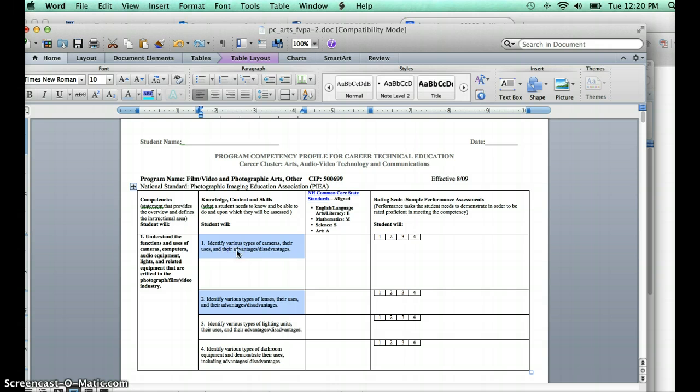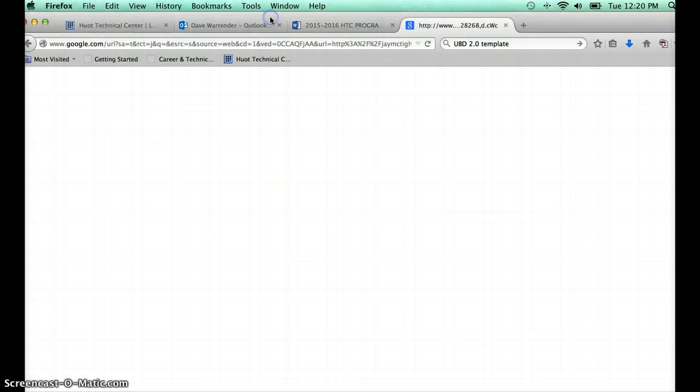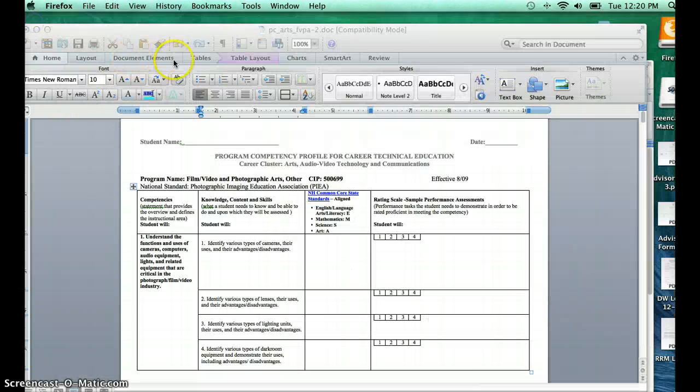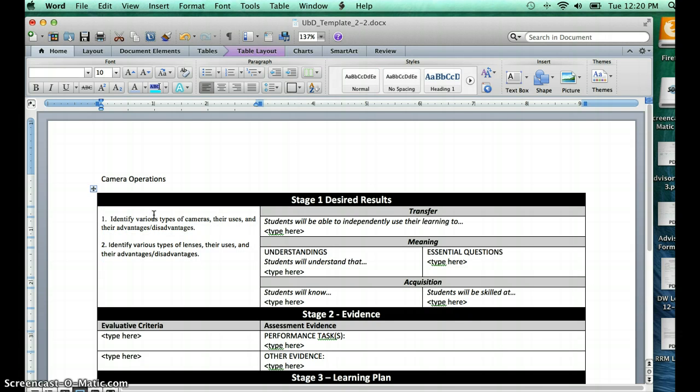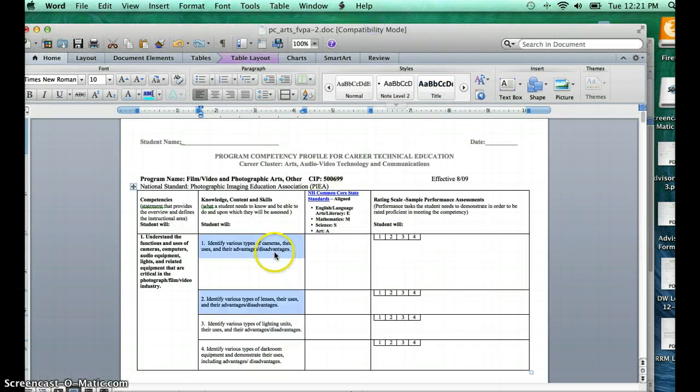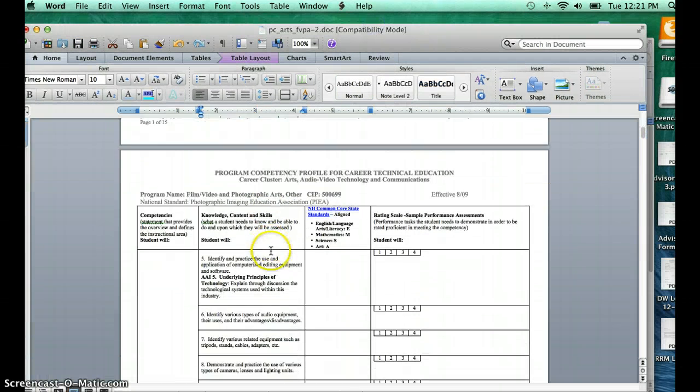So I'm going to copy those, and I'm going to switch myself back over to my UBD template, and I'm going to paste those right in there. And I'm going to put a little notation that these are NHDOE competencies, so I know that's where they came from. And now I might go back over to my competency list and say, this unit also is going to cover